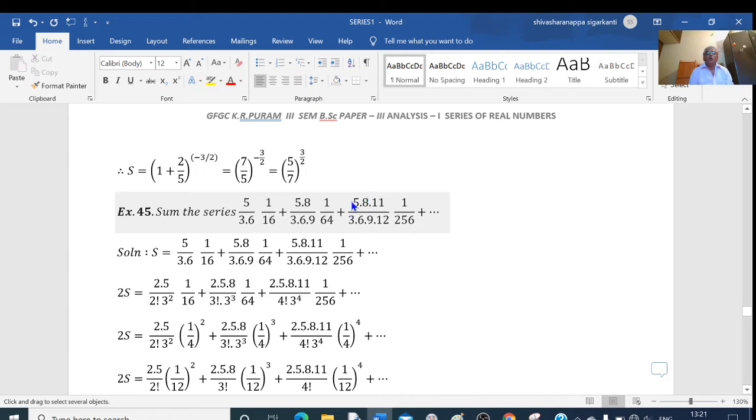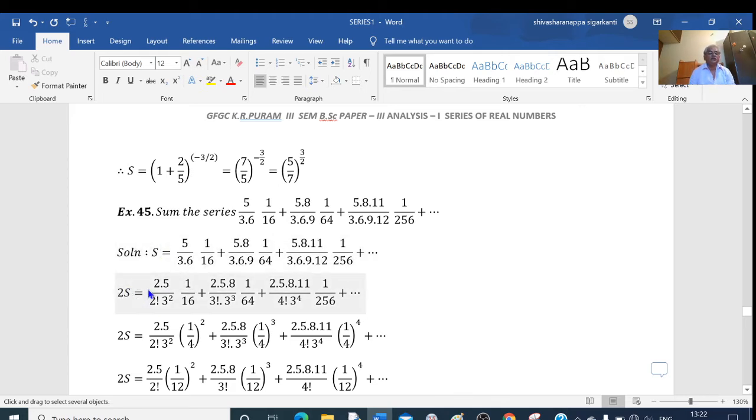So therefore here, one term is shortage in the numerator. What is that shortage? See here 11, 8, 5. What is the difference here? Difference is 3. What I do here is, I will multiply this whole equation by 2. That is here 5 minus 3 is equal to 2. So I need 2 here. I need one term here. I need one term here. I need one term here. That is, if I multiply by 2, then I am getting 2 terms here and 3 terms here, 4 terms here. So therefore, first I will multiply this equation by 2.